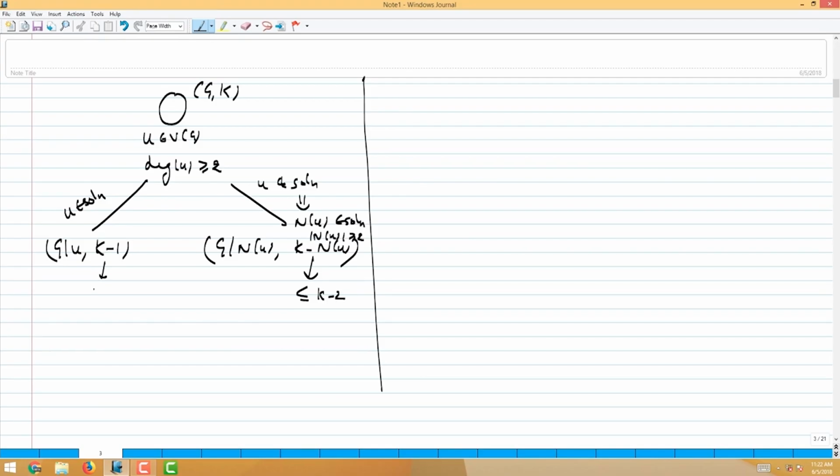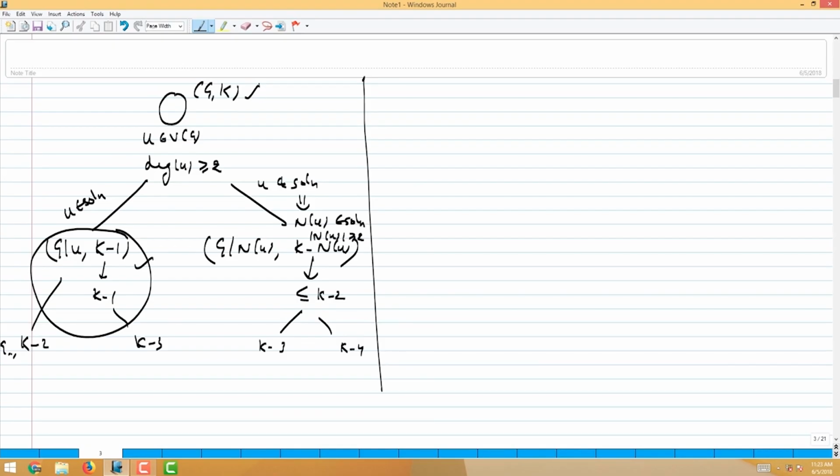So now when I further branch for this instance, I get a branching tree. Again, it will not be a complete binary tree, because when I branch here I will get an instance, some G, with k minus 2, and here I will get k minus 3. Here I will get k minus 3, and here k minus 4, this sort of a thing. So I will not get a complete binary tree on k vertices at least here. Definitely the number of nodes in such a branching tree will be less than 2 to the power k. But we have to see how much it is to get a perfect bound. That's one thing, so we'll do that. We'll compute the total number of nodes in this tree. But before that,